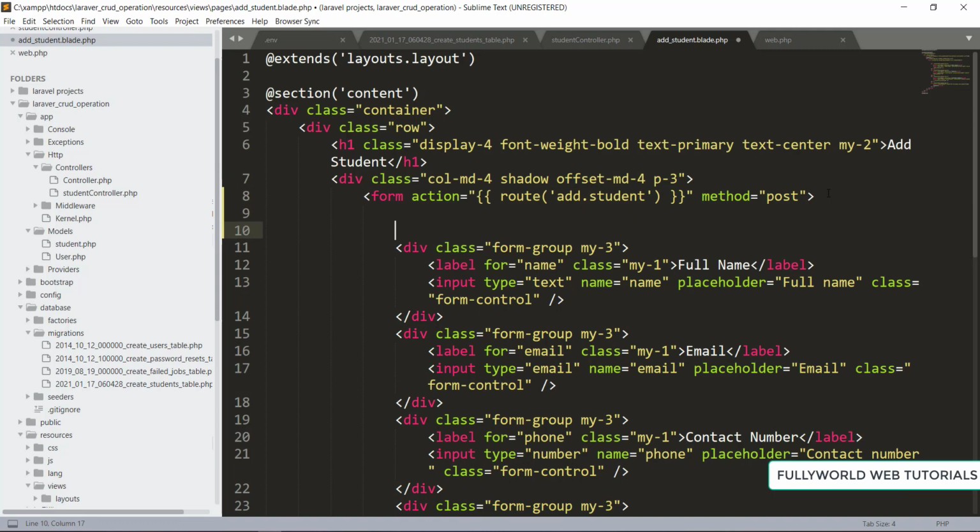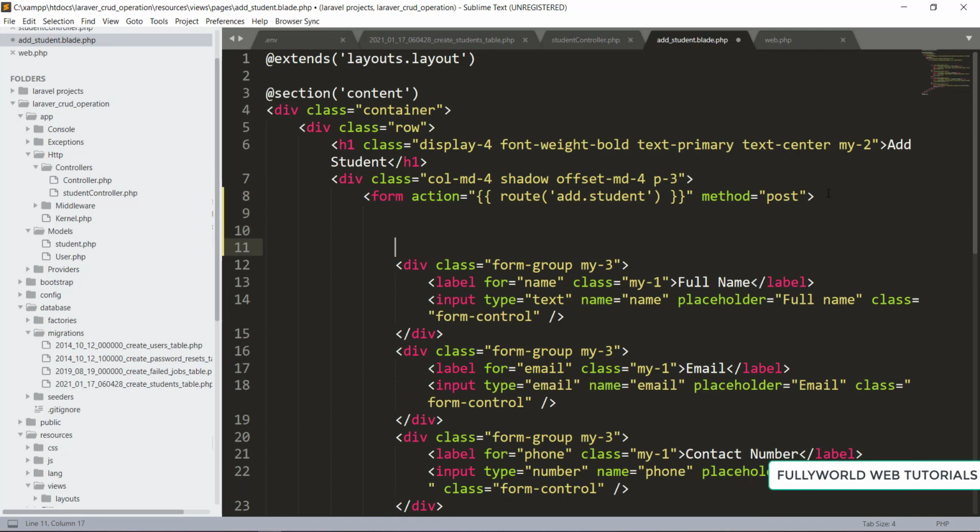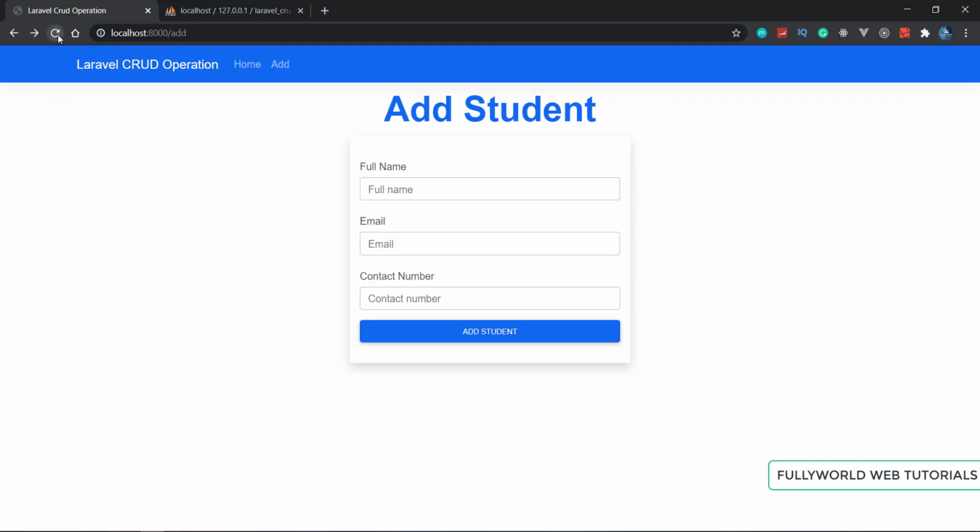To remove this error, we have to mention one more function here, and that will be our CSRF token. It will automatically generate your CSRF token field, which will be hidden, so it will not be shown to us.